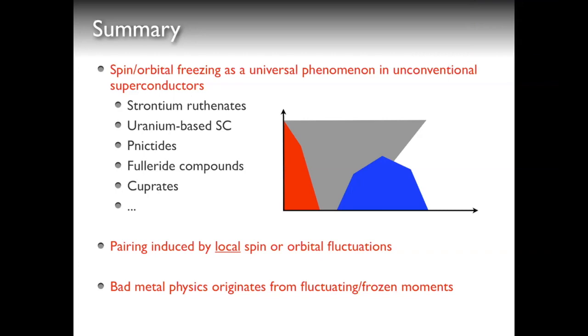Yes. I have a very simple question. What's the difference between spin freezing and the local moment regime? For example, there's a lot of old work on cerium and cerium compounds where people discuss the local moment regime of these multi-orbital systems. I'm curious if there is any connection to it, or is it the same thing?